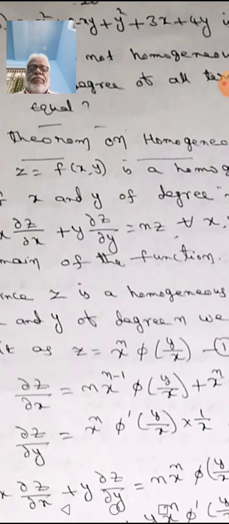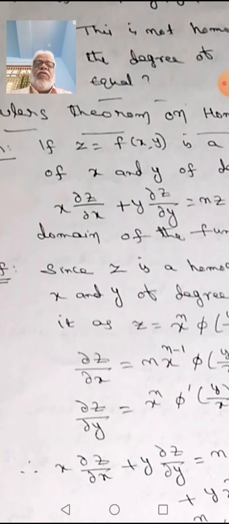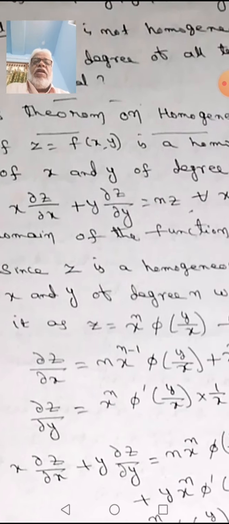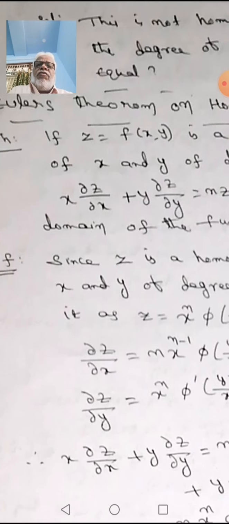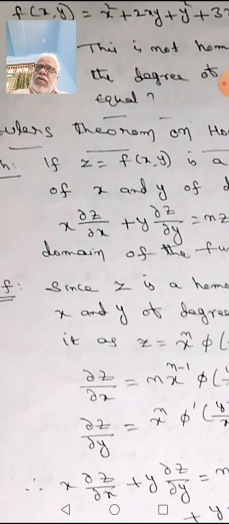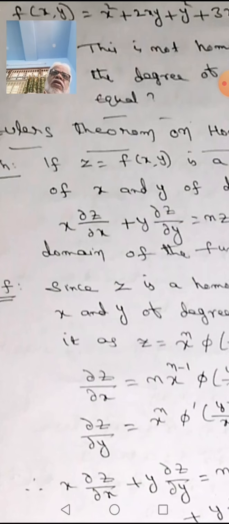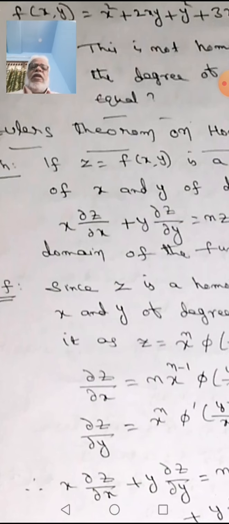So what we have to find first: this is the first degree case, which has only dou z by dou x and dou z by dou y. If second degree terms are given, we have x dou z by dou x, y dou z by dou y, y dou f by dou x, x dou f by dou y, y dou f by dou y, and z dou f by dou z, like that. That is also nf. Like that we extend this formula.